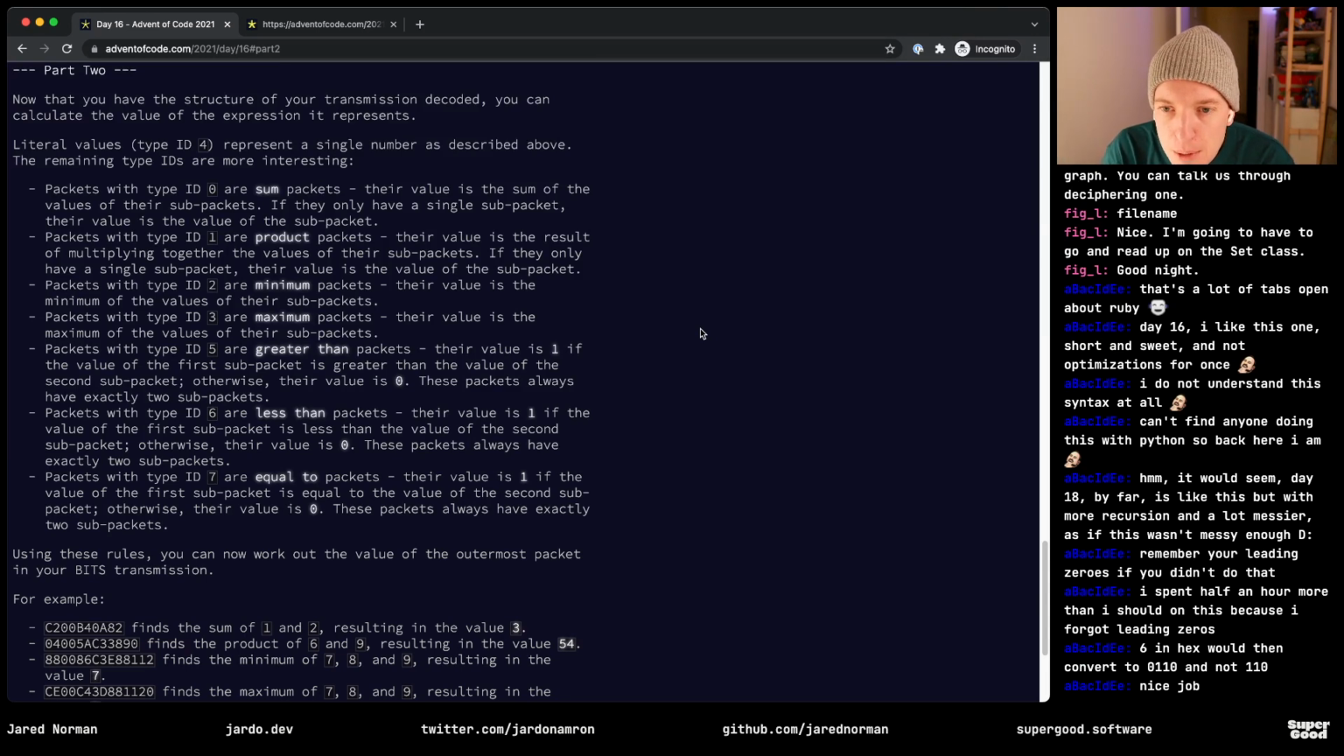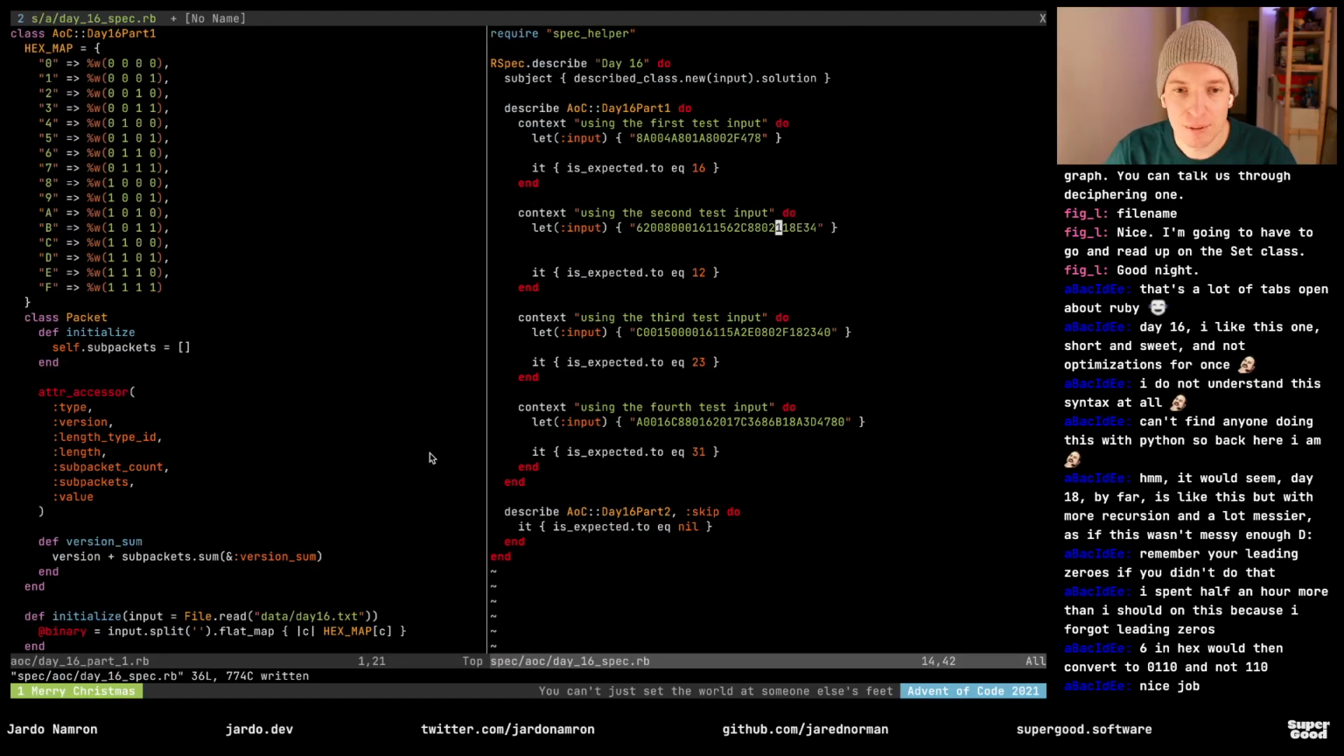Packets 2 are minimum packets. 5 are greater than packets. 6 are less than packets. 7 are equal to packets. Okay, big conditional time. All right, so